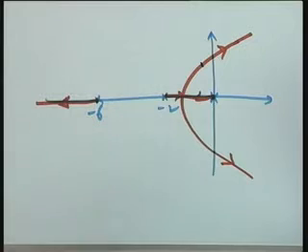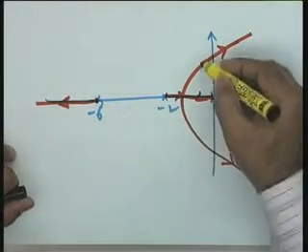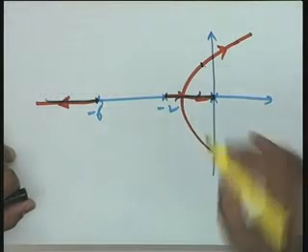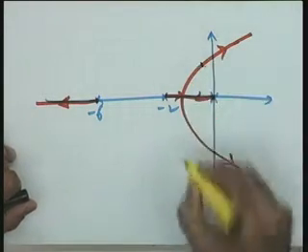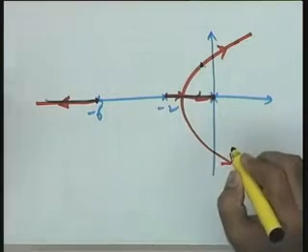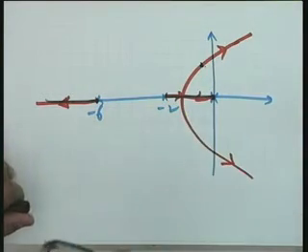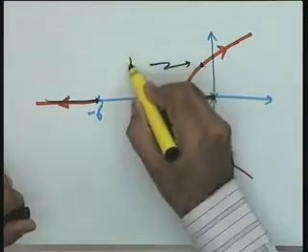Once the steady state performance has been set by selecting K equal to 60, how do I check the transient performance? I will have to go to the root locus to determine the dominant poles. These dominant poles will give me the values of zeta and omega n, and hence the values of peak overshoot, settling time and all that. Therefore, you will apply your magnitude criterion and locate a point for which K equal to 60. In this particular case, these are the three distances because there is no zero involved. Let us say I have located this point which corresponds to K equal to 60.